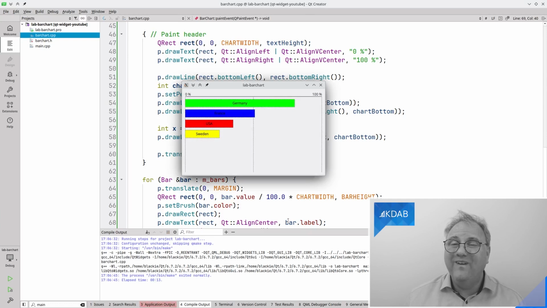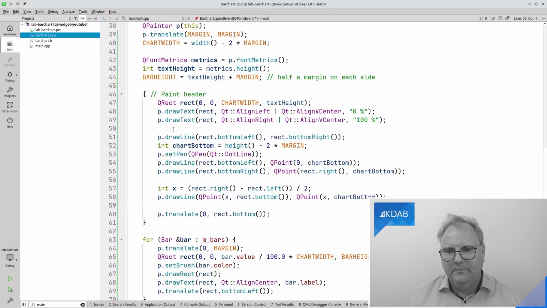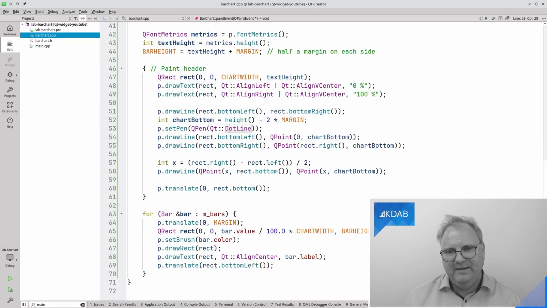And there we are, almost everything working. See, my outlines here are dotted. And why are they dotted? Well, that's because I set the pen to be a dotted line above there somewhere, and I did not change the pen further on, which is somewhat a bad thing to do.